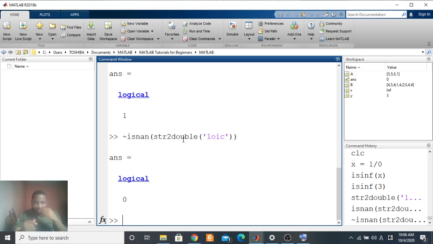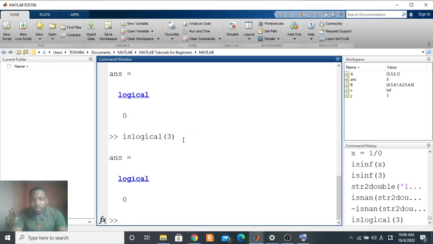There's also islogical if you want to check whether the value is necessarily true or false. Something I've been saying ever since: MATLAB recognizes every non-zero value as true. So let me say islogical, for example, islogical of 3. The answer there is not true. In this case it checks the type.